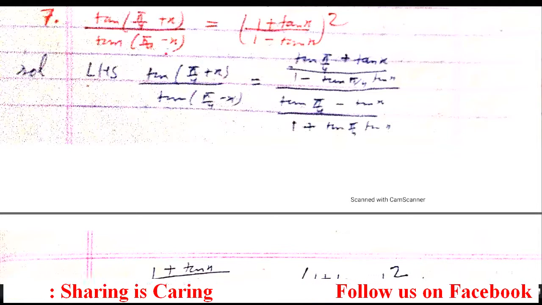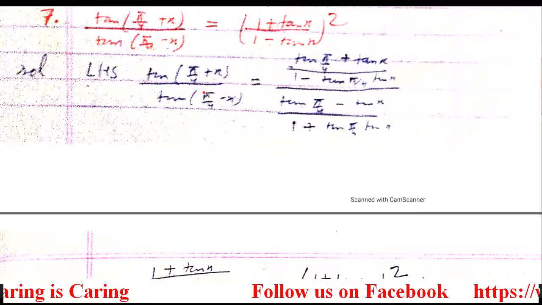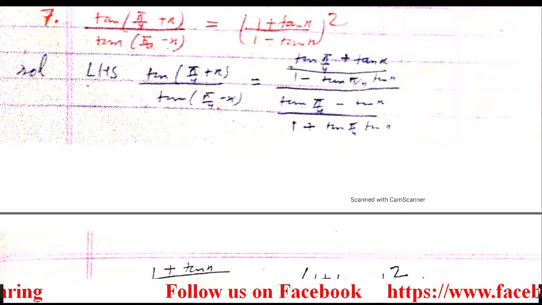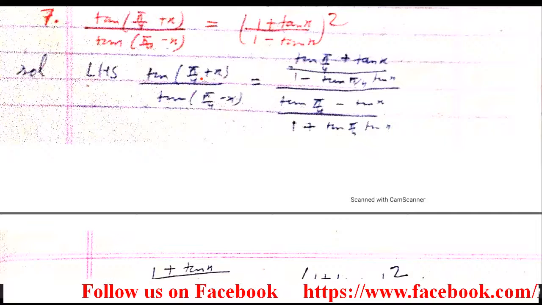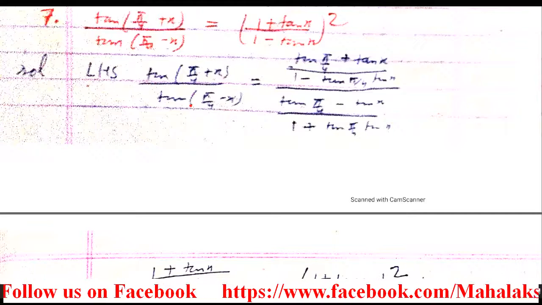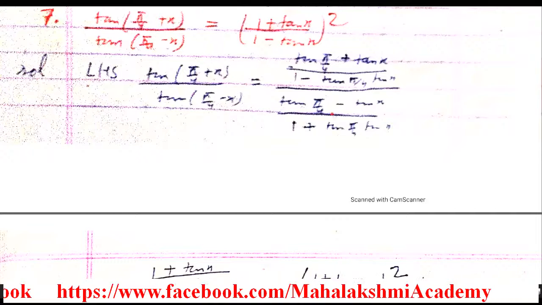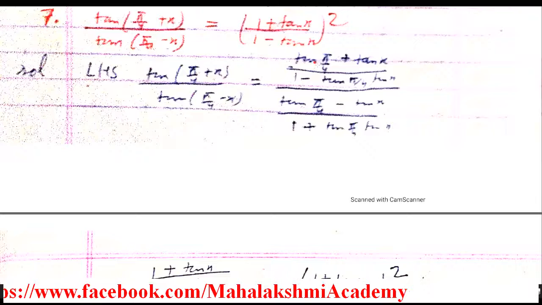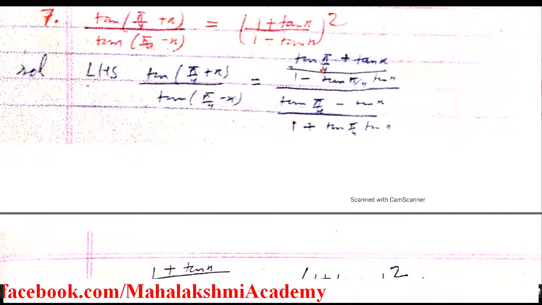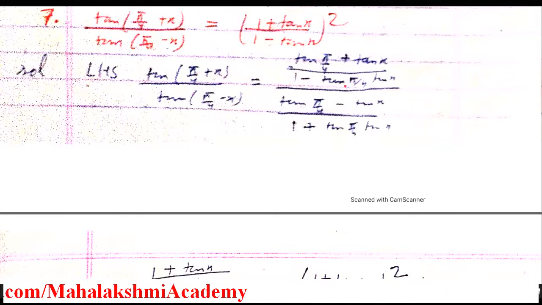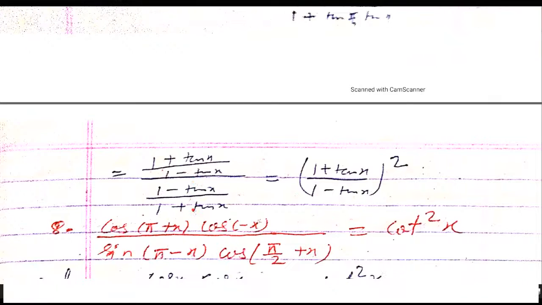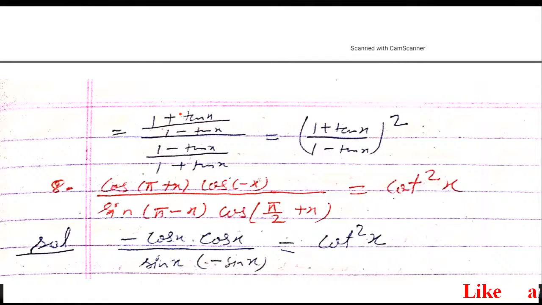So students, separately you have to use the formula in numerator and separately you have to use the formula in the denominator. In numerator you have to use the formula tan(a + b), and in down you have to use the formula tan(a - b). So after using the formula we will get this step. Now here students, tan π/4 value we know, that is 1. So wherever tan π/4 is there, everywhere we are going to write down 1. So after writing 1 you will get this step, and this is your first fraction and this is your second fraction.